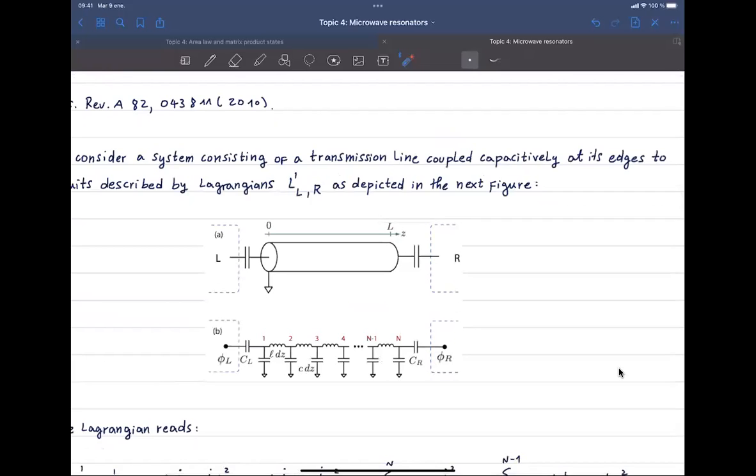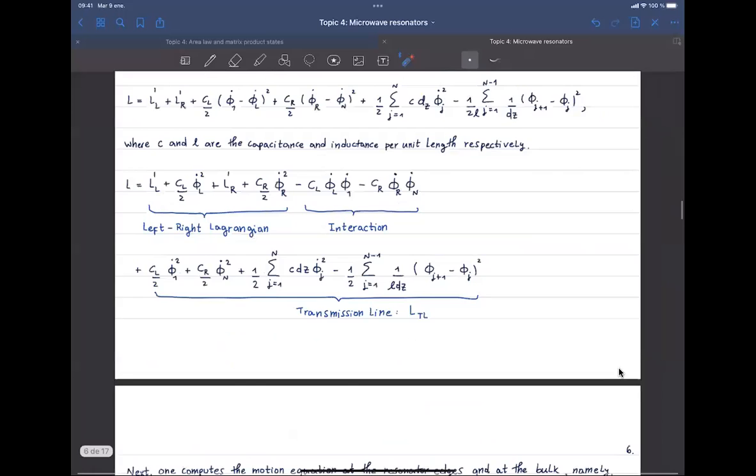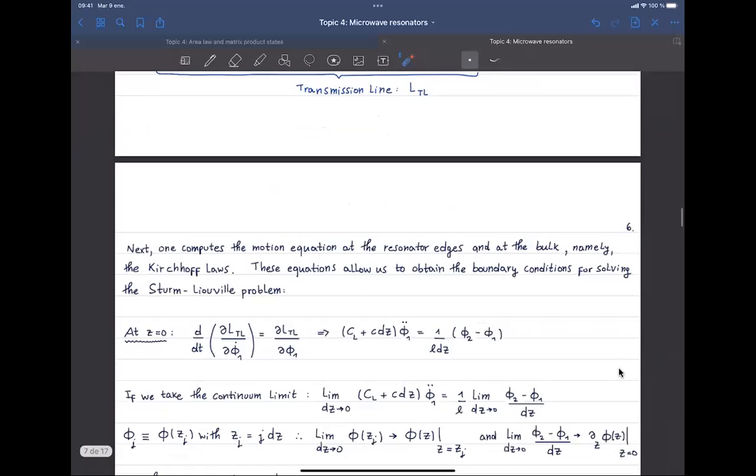So here we have LC resonators, and the coupling appears because we have this inductance here. Here, indeed, we obtain the transmission line Lagrangian, which is this part. This is something that we already discussed in the previous lectures, and something interesting here is that